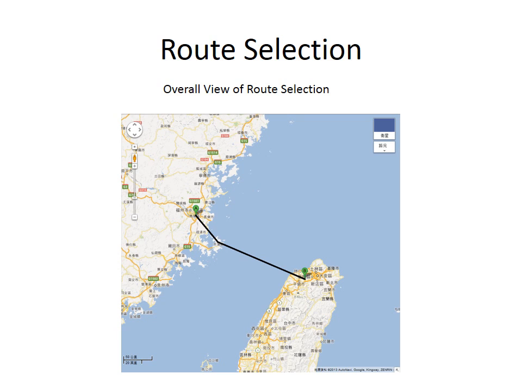We are looking at a map now, showing the overall view of our route selection. What we came up with is location A, the Fuzhou area, getting towards Pingtan Island, and then going over the sea to location B, which is the Taoyuan center near Taipei.